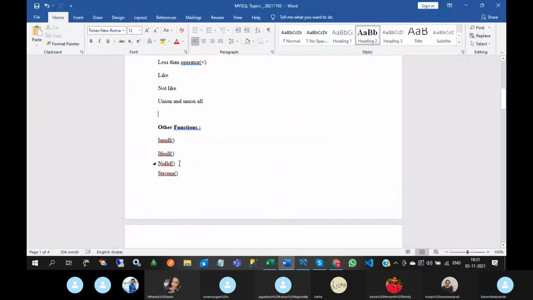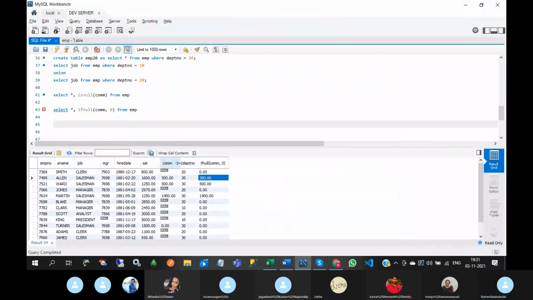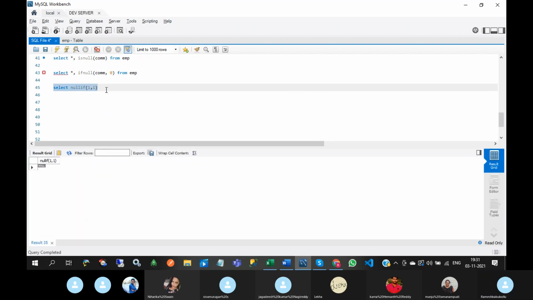Next, null if. Null if function returns null if the first argument is equal to second argument. Select null if. See this.